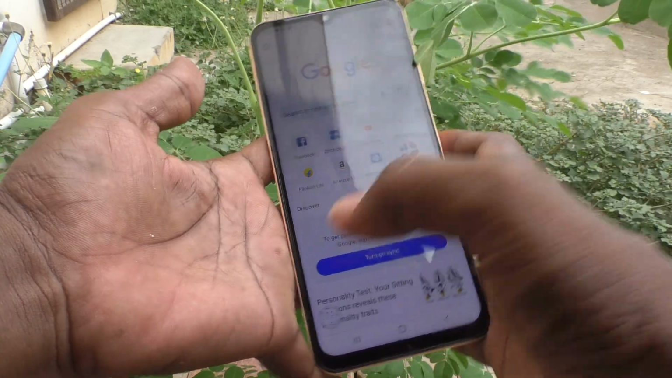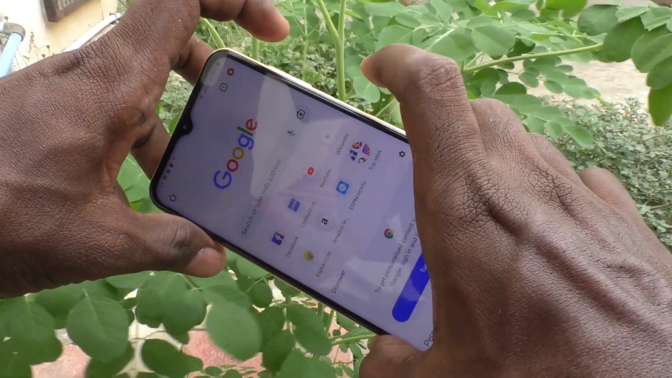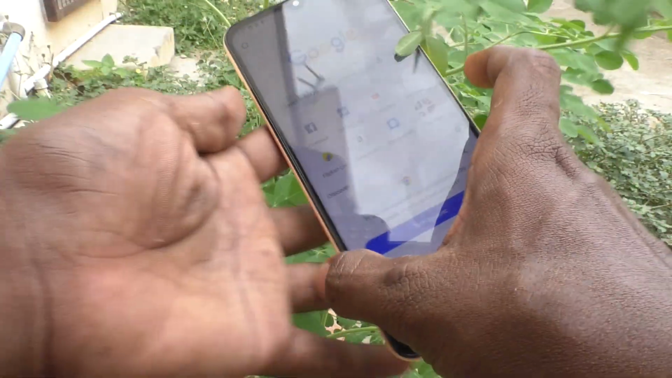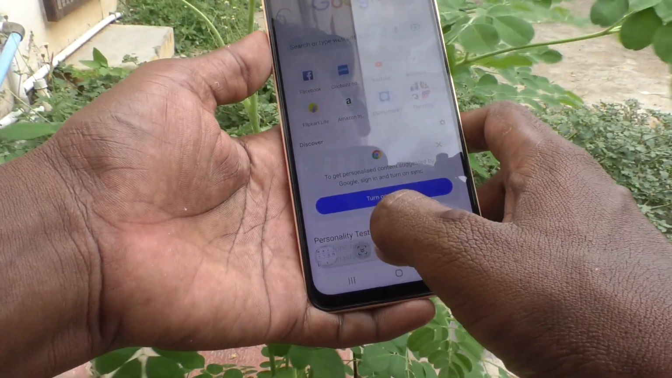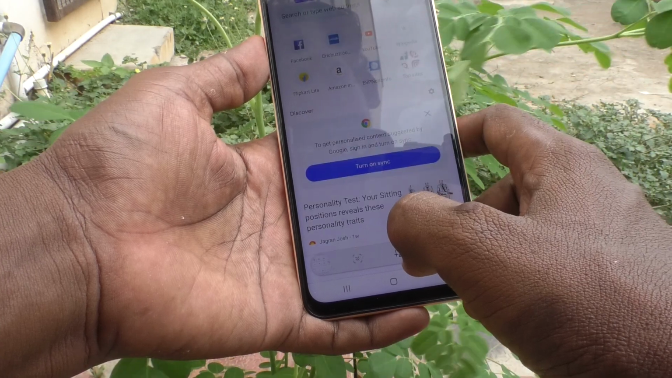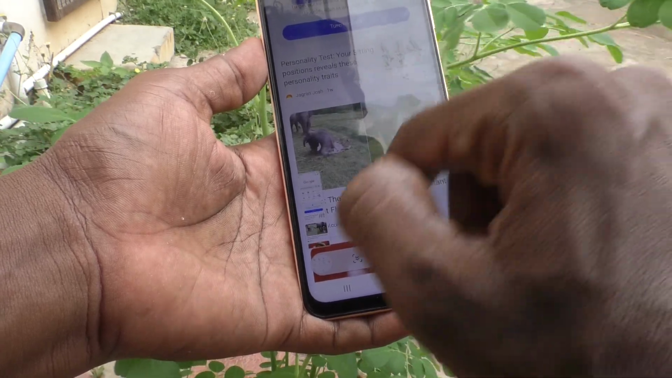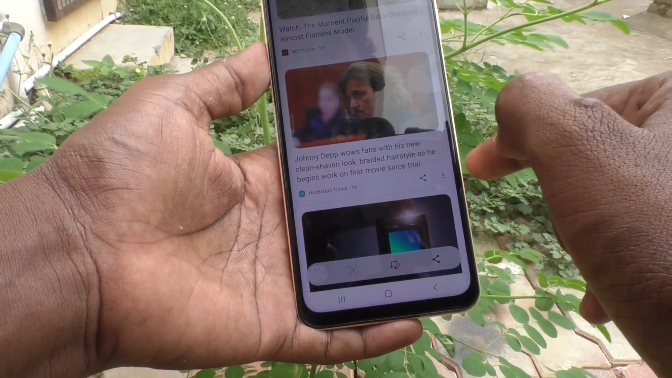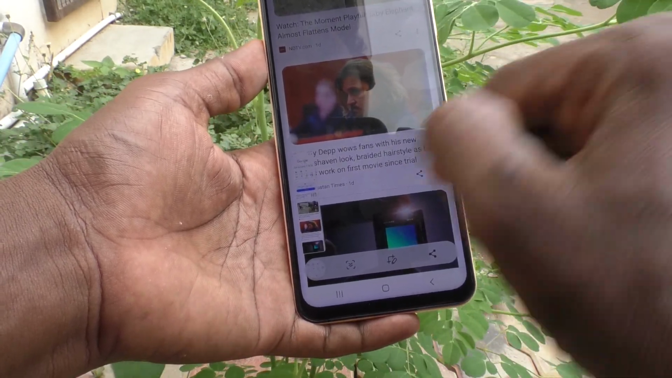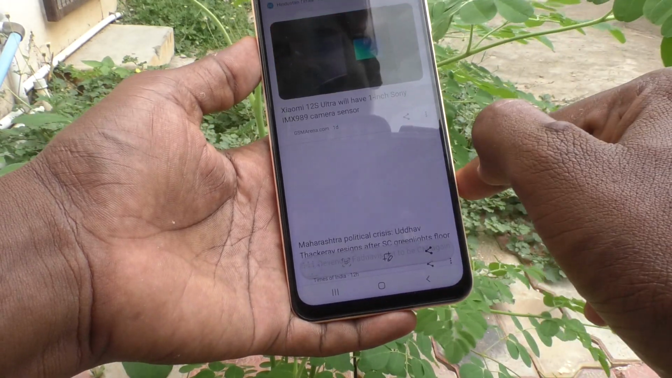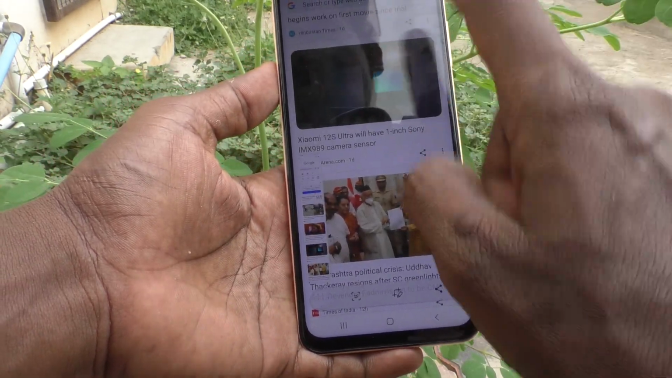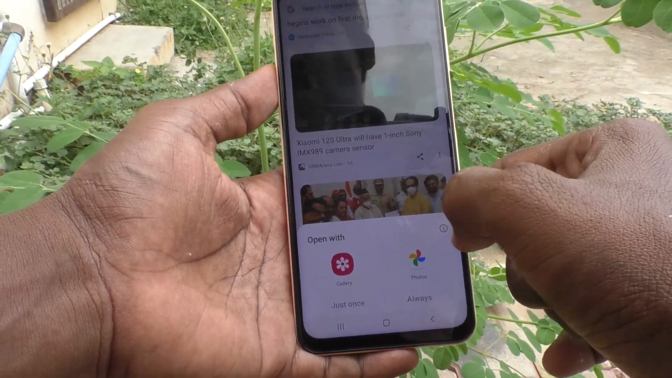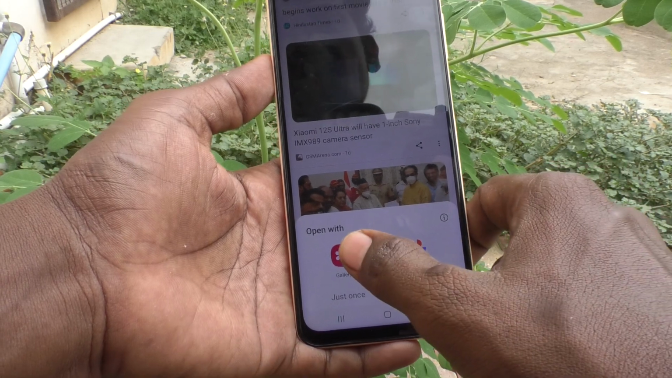For taking long screenshot, again you have to press power button and volume down button together, and also you have to press here. This is enlarging icon. Just after capturing image you have to press this icon, so it will capture beyond your screen, and wherever you want to stop, just click on the image and it will be stopped. Yes, it is stopped,